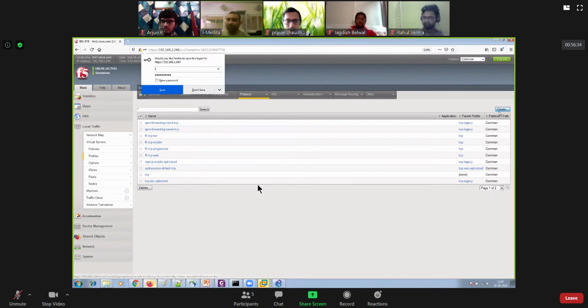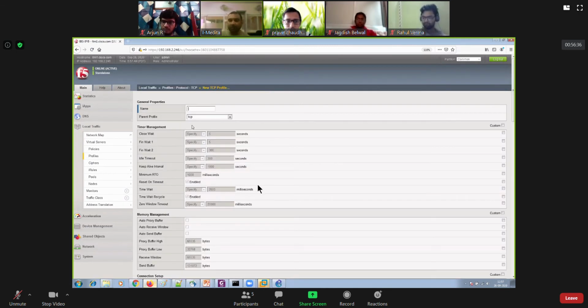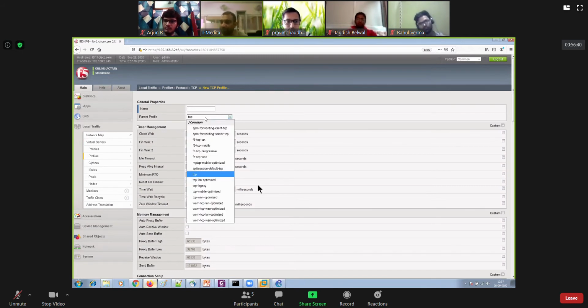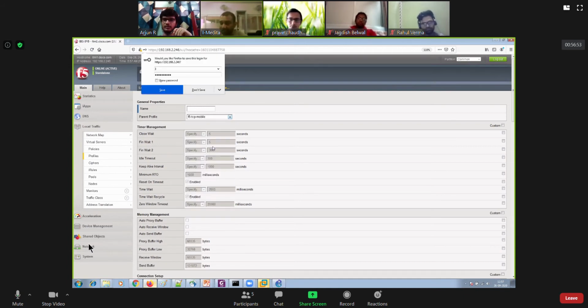For the parent profile, you have to select any one of the available ones. For example, if you wanted to create a custom profile for your mobile users, you know very well that there is already a TCP profile for mobile users, called F5 TCP mobile. Select that and then make the necessary changes over here.